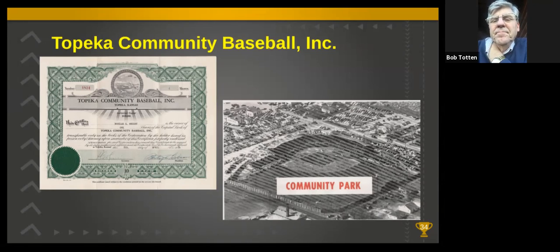As part of the baseball drive, the corporation was able to get the Small Business Administration to foreclose on the baseball stadium, satisfy the government liens, and then they could acquire the stadium from them. And they did. They renamed it Community Park. And in March, the stockholders chose the new name for the team, the Hawks.